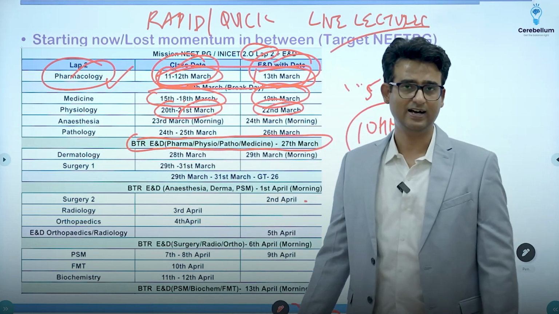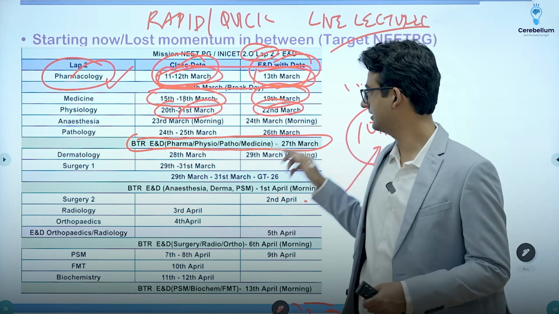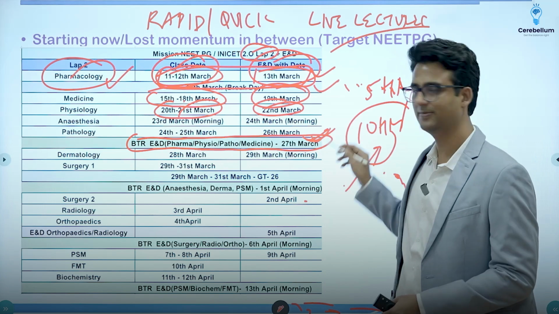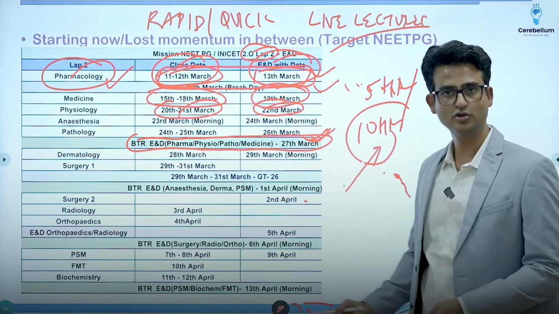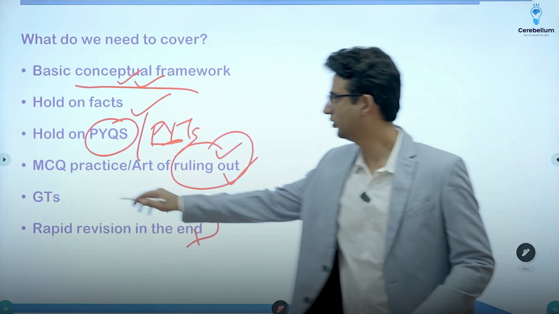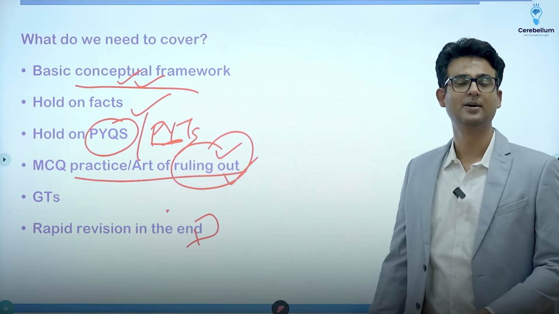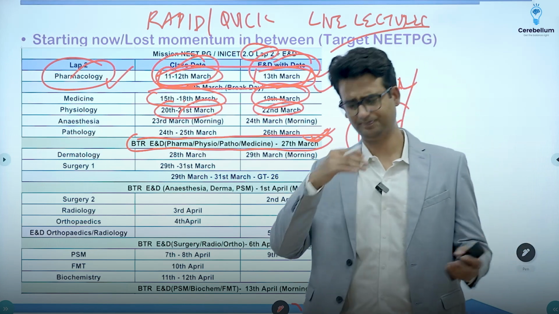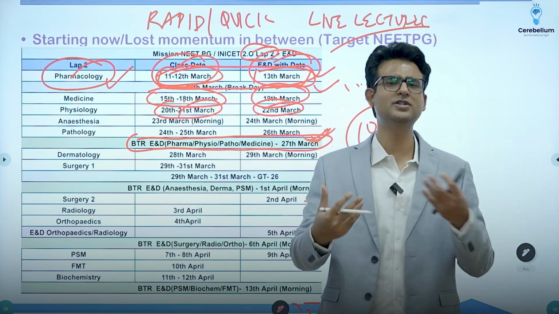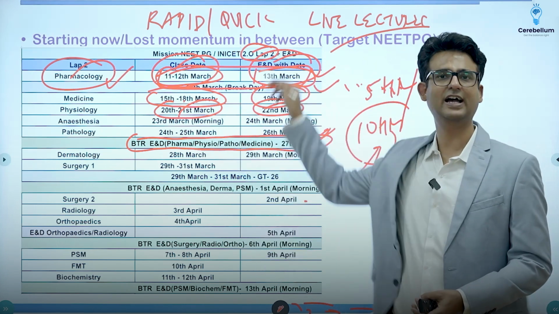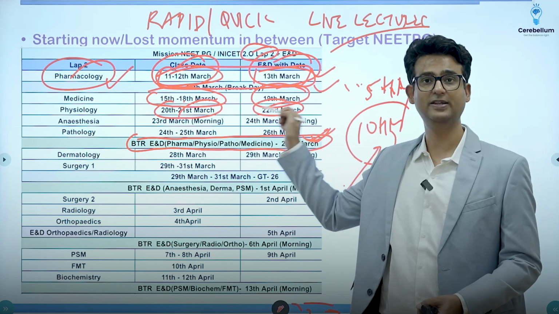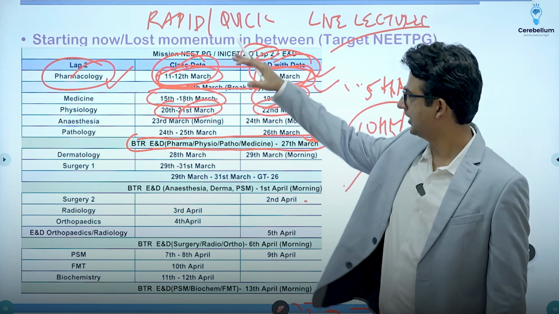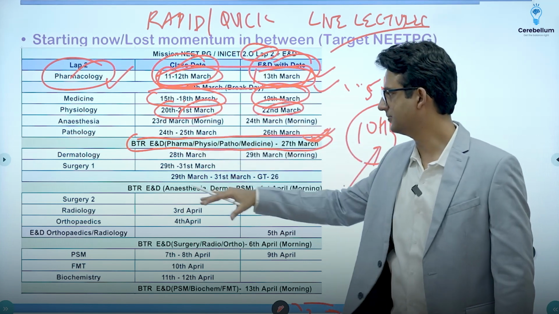Now, in BTR, one thing that I personally like is these combined test and discussions. Because these subject ENDs and Dr. Zainab's ENDs are the resources where you do not only MCQ practice, but learn the art of solving MCQs. So these are very important. If you look at all the videos of toppers, all the interviews that we conducted, all of them speak very highly about these ENDs. The questions are made by the teacher, the discussion is done live, and they help you with MCQ practice. So a couple of subjects, then BTR END, a couple of subjects, then BTR END.